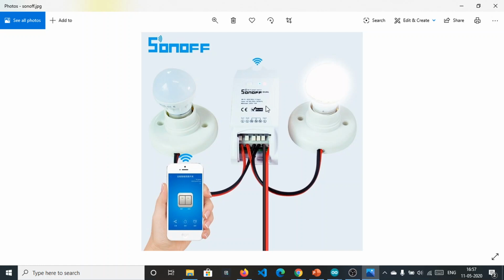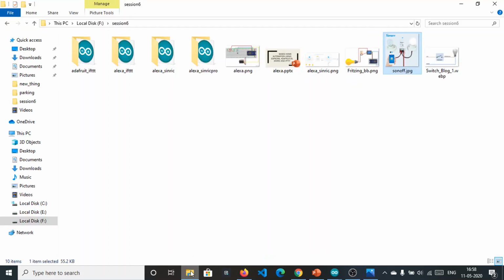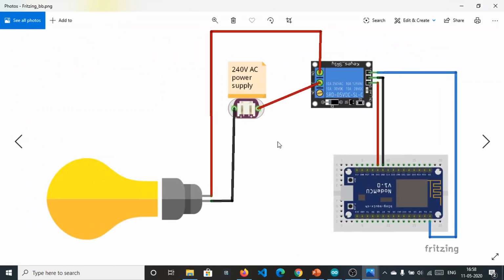So it is quite challenging, but you can do this with these devices. But if you want to create your own, you need to use such type of connections: a NodeMCU, a relay module, and the electric component.